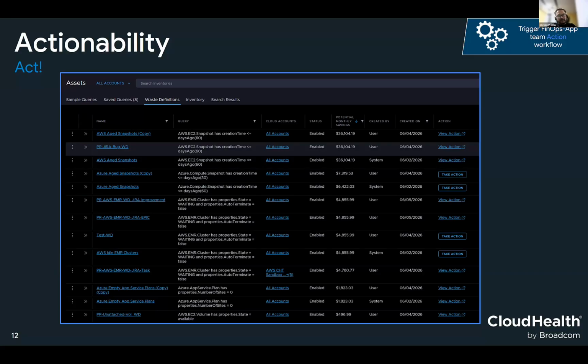But we will extend it very soon so that you can create waste definitions at the sub-org level. And very similar to the way we have report sharing, we'll also make sure these queries are shareable across your organizations as well. But right now, with the beta, which we are kicking off this week or early next week, it's only at a top level.